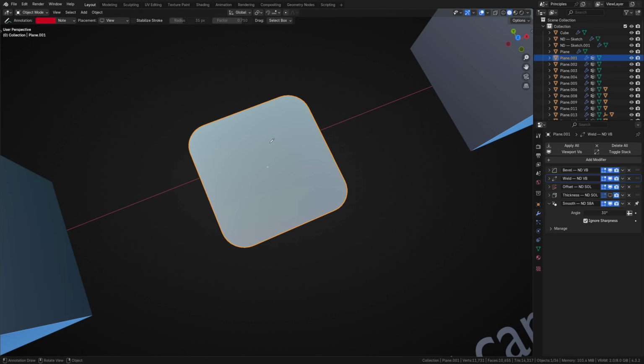Bevels are another operation we typically want to undo when thinking non-destructively. The best way to imagine a shape with a bevel undone is to extend the supporting edges outward until they intersect. This intersection is typically where the base geometry started before applying a bevel. If I undo the bevel applied to these corners, you'll see we're left with a very familiar shape, a plane. Okay, let's take a look at another example.